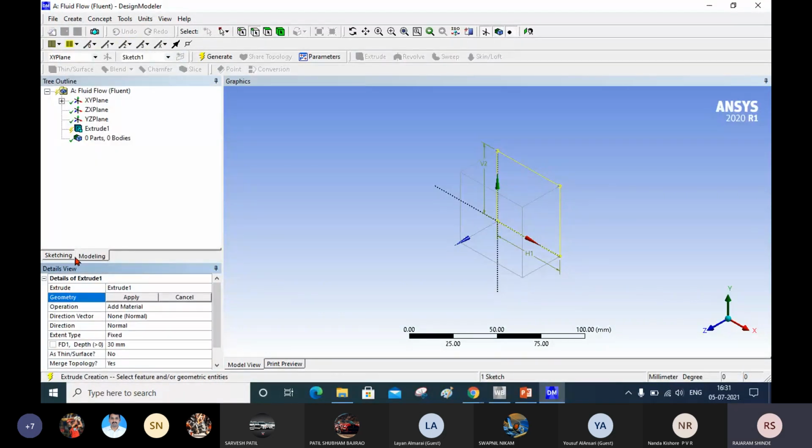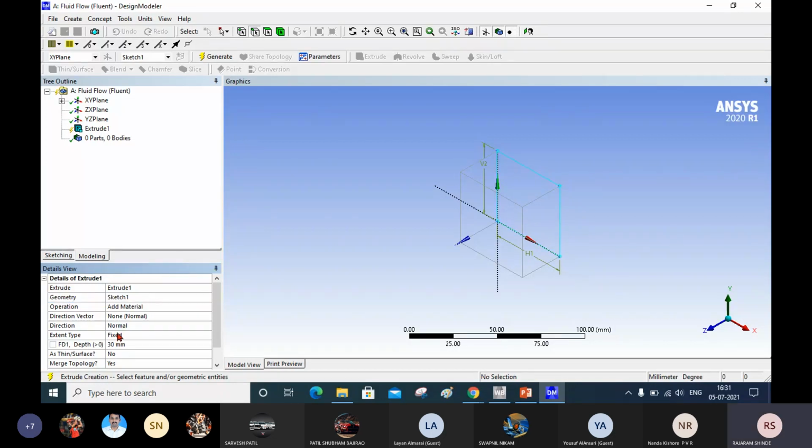Now your modeling tab will be automatically activated. Here in extrude there are a lot of options, but I am not going to discuss all the options. I am going to show you only a demo of the given question. Now I will apply this.